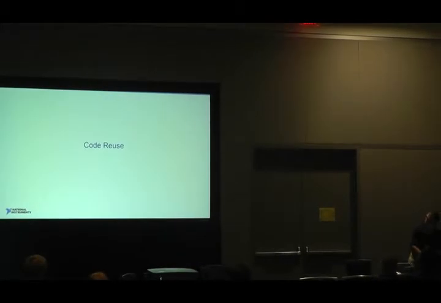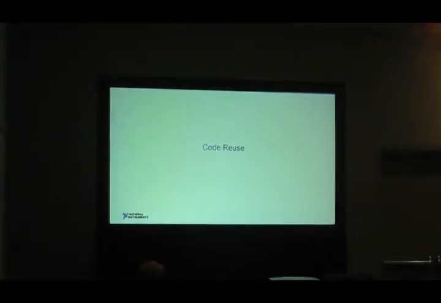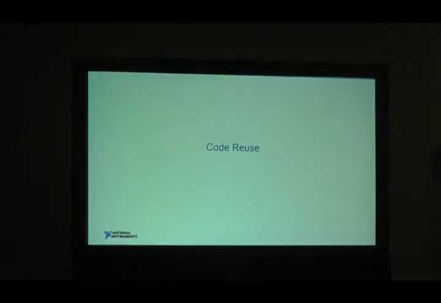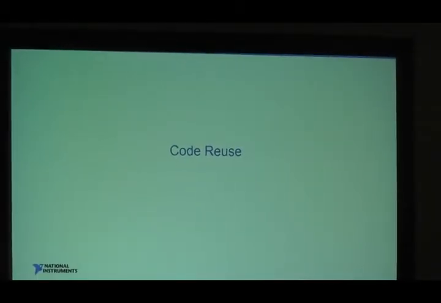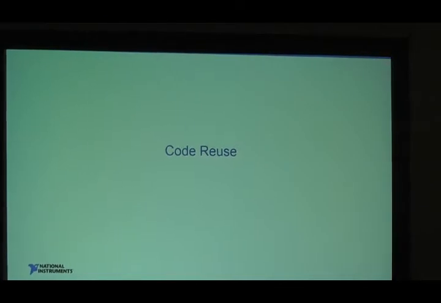So let's wrap up with the last section, code reuse. We might not go into all the examples here, but we'll definitely look at a few. Let's say you've developed an embedded application and you would like to port it to a CompactRIO target. Well, let's say the application was written in C, C++, or Python. You can definitely take that source code, put it on the CompactRIO, compile the executables for the CompactRIO